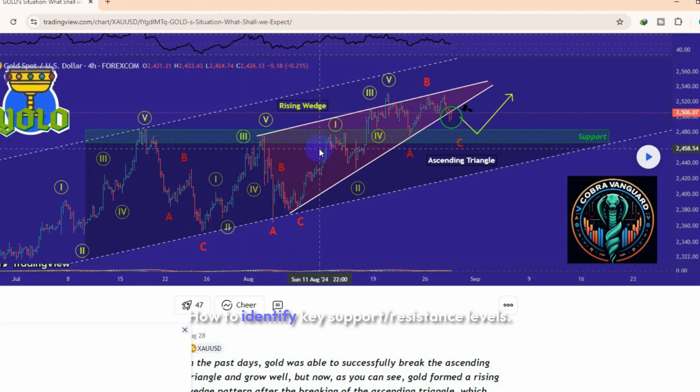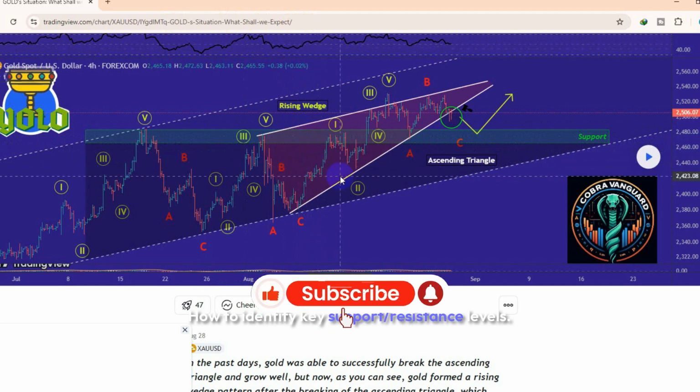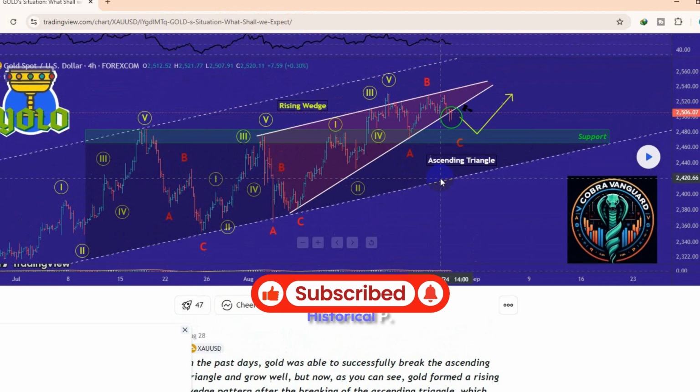How to identify key support/resistance levels. Historical